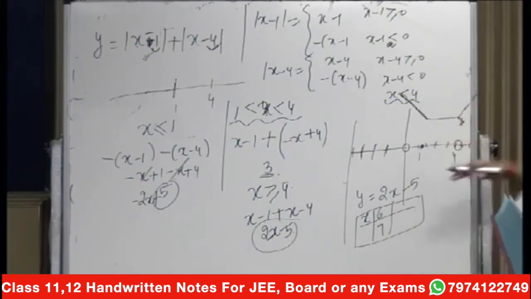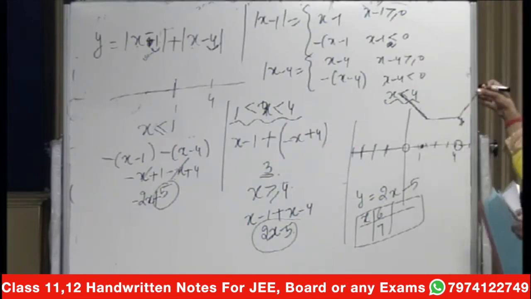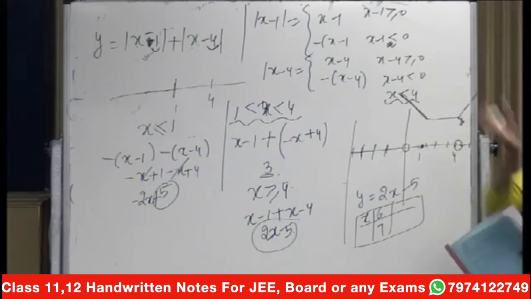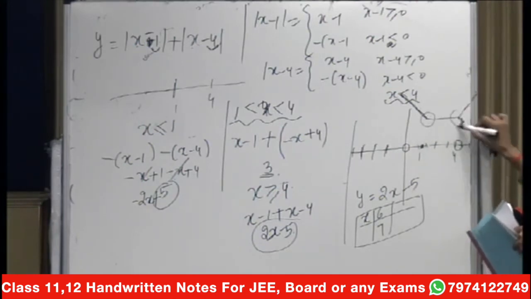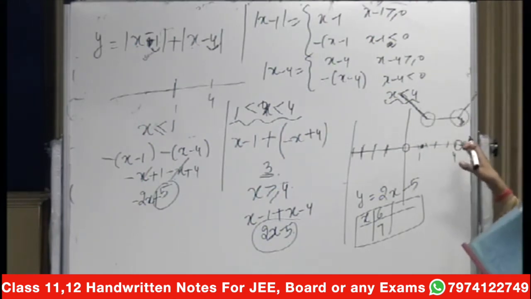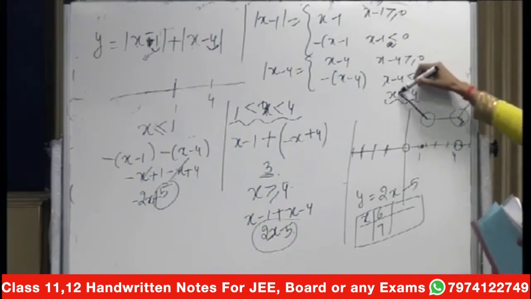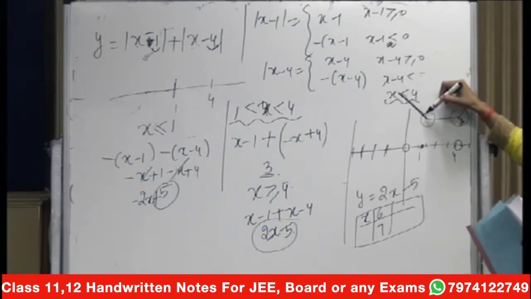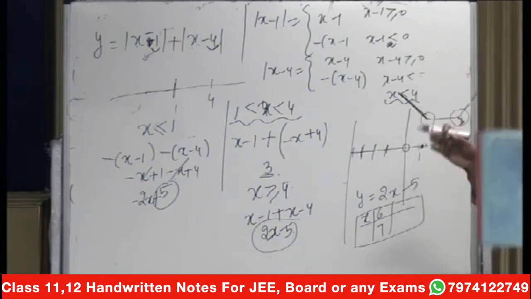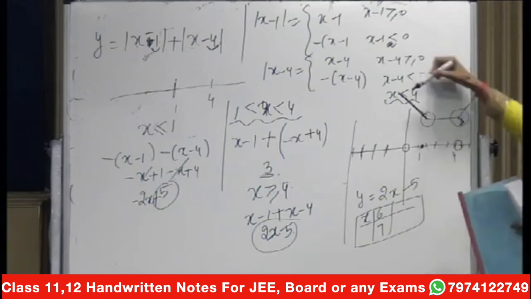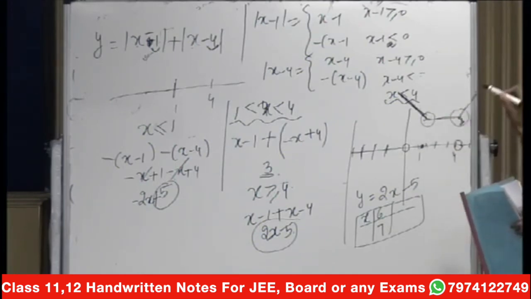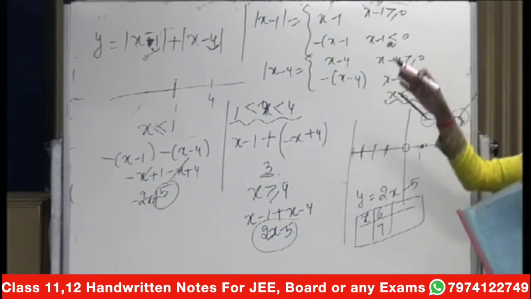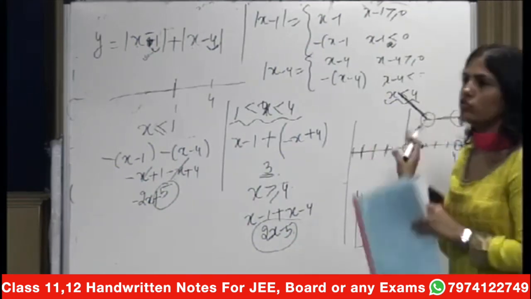From here you can draw it like this. You cannot say that it will stop here. Is it okay? It will go up. It is increasing. So now on the basis of this graph, it is non-differentiable at these 2 points. This graph is continuous. This graph is decreasing in this portion, because such questions you also get: in which interval the graph is increasing, in which interval the graph is decreasing. So here the value will decrease. Here it is constant, and here it is increasing. So on that basis you can draw the graph like this, and judge all these things. Is it fine?